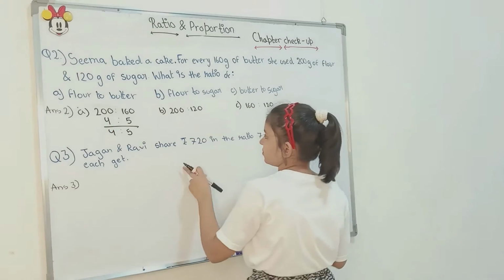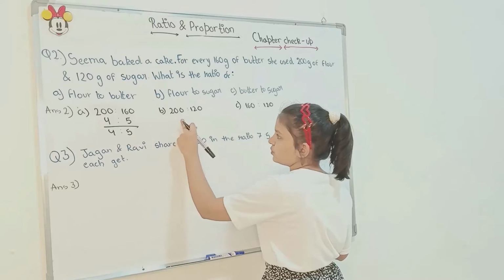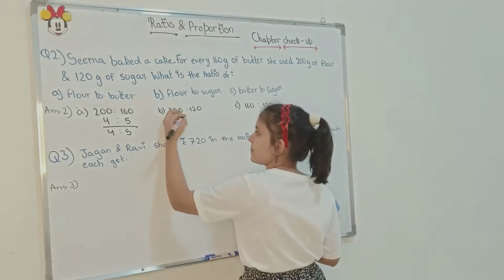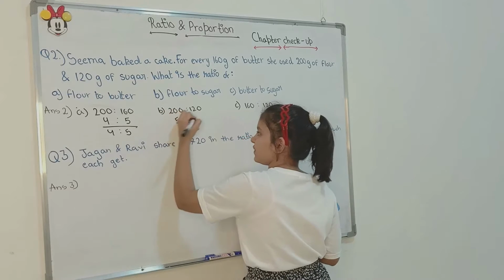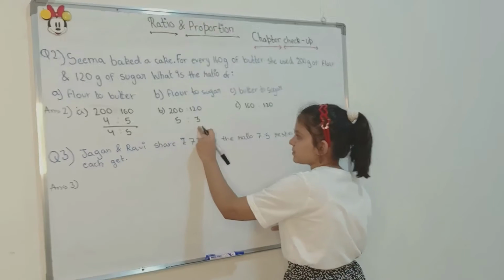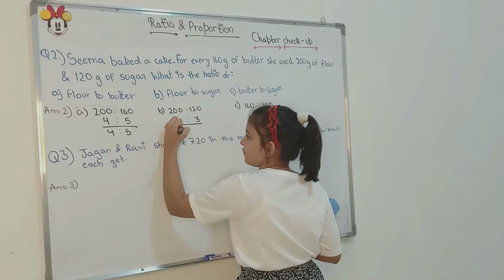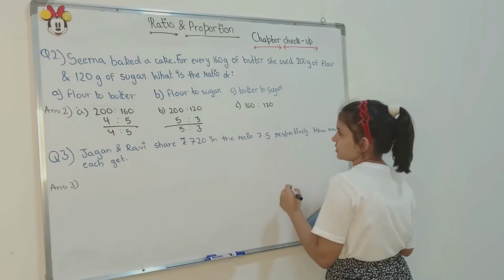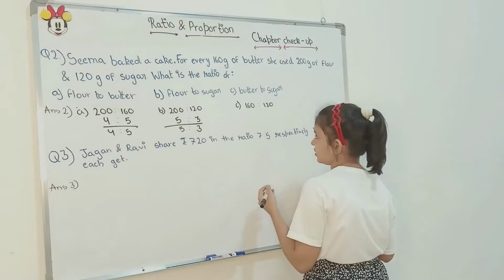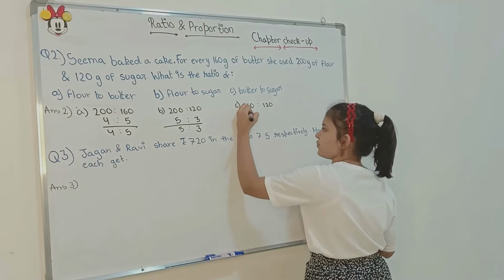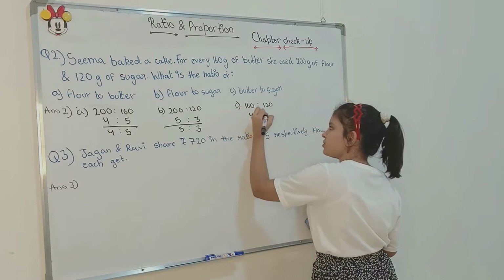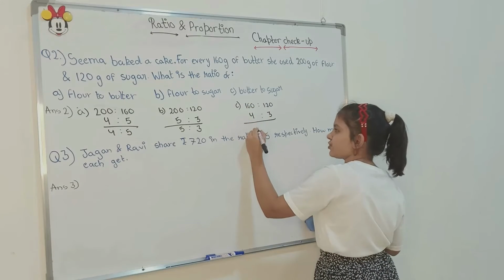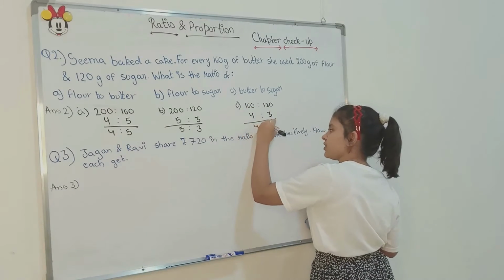Then B, it would be first 5. Here we'll do it for 200, before the lowest form was 4. Now here we'll do with 5. So 5, then we get 3. 120 is divisible by 3. So lowest form 5 is to 3. Then last would be 160. So here 160 we'll be doing with 4. So it will be 4 is to 120 again. So 3. So here for C, butter is to sugar, the lowest form would be 4 is to 3.